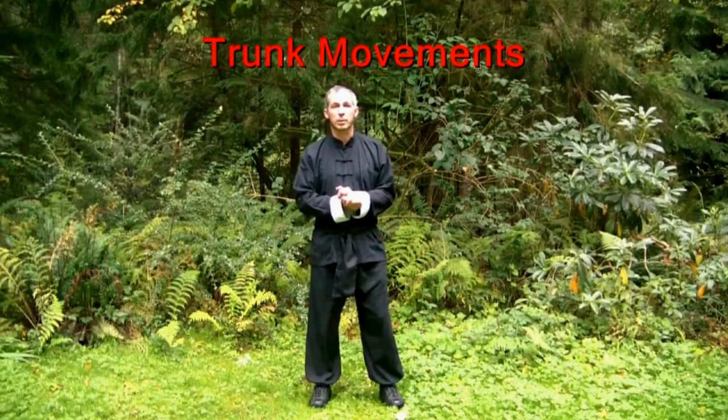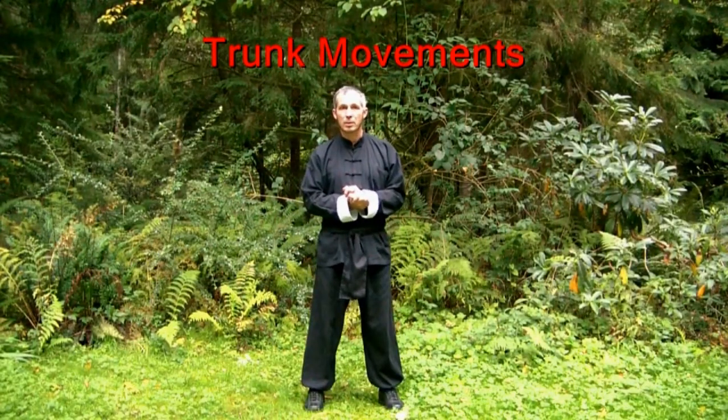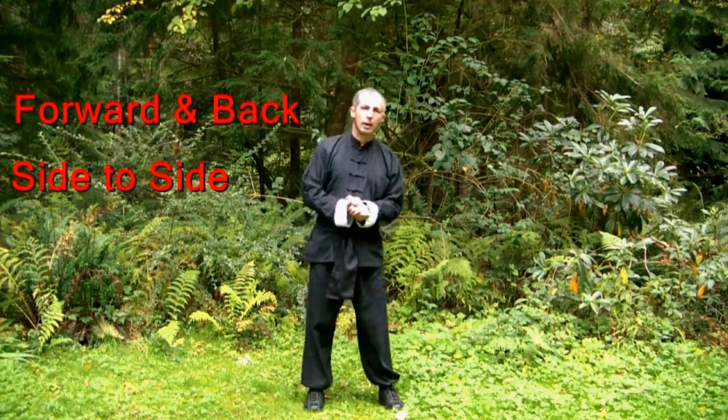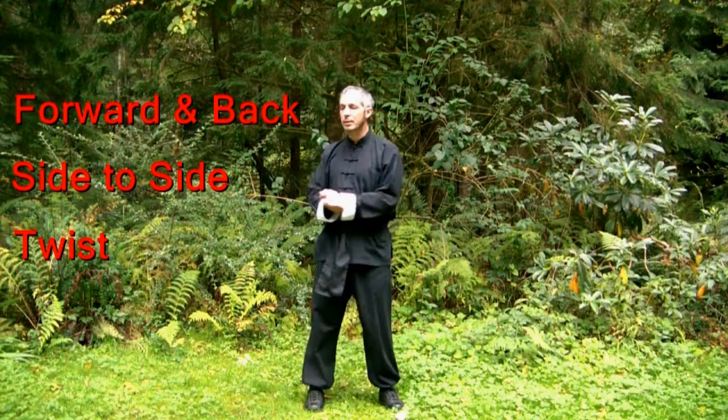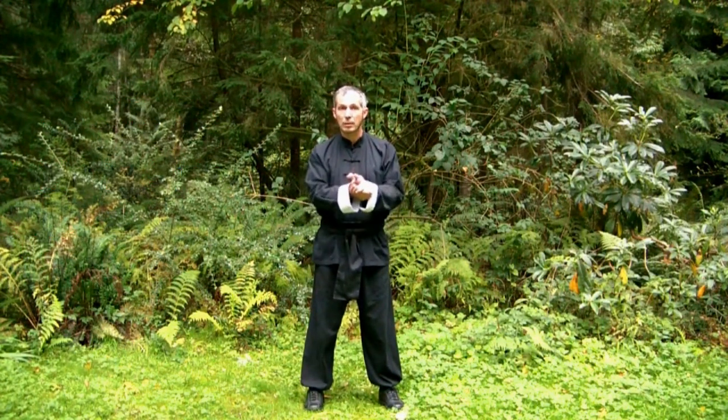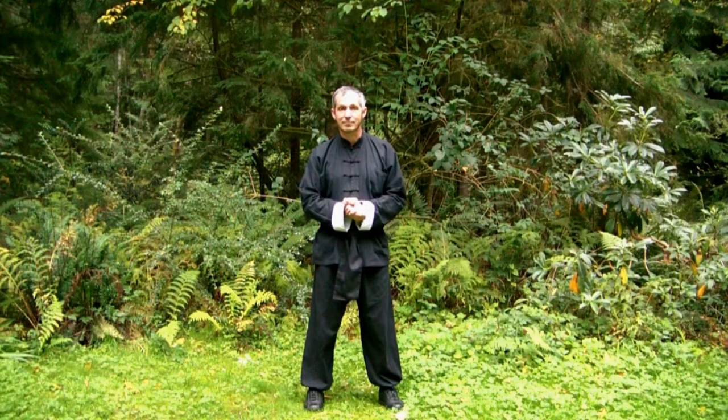Alright, now we're going to do trunk movements. We have 3 basic movements I'm going to show you. Bending and straightening, side to side, and twist. Those are the basic movements the trunk does. And so if you're not doing those on a daily basis, then it's something you should be adding to your